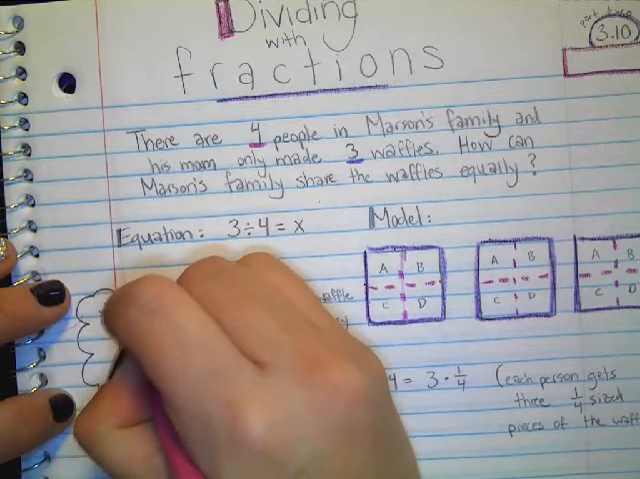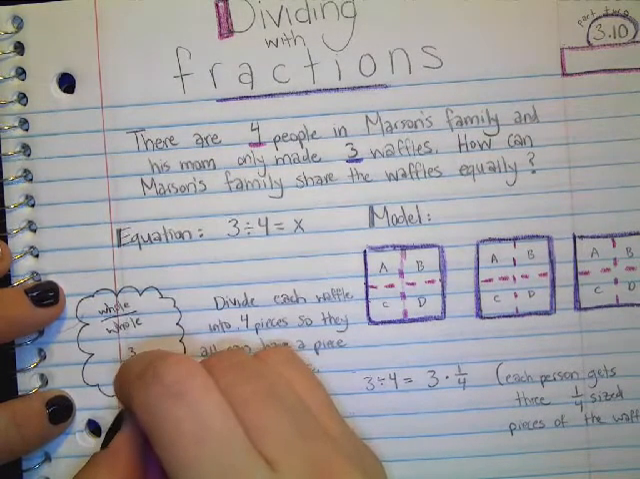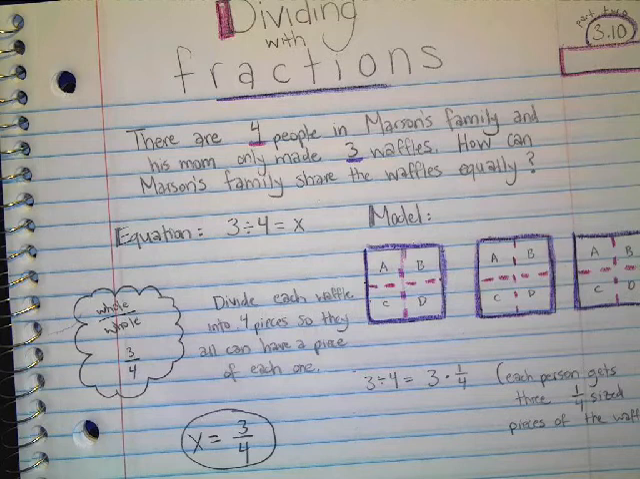Whole over whole. So you just start with what you have, 3/4. Okay, so now that we have this amount with x equals 3/4, we know that each person is going to